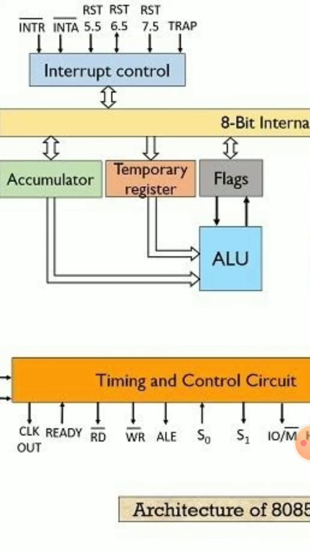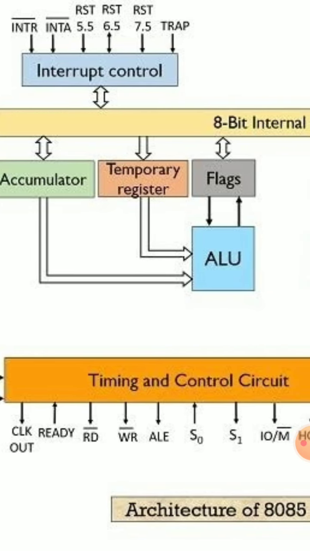What is this ALE signal? Address latch enable. So what is it mainly used for? Demultiplexing, the separation of the address and data bus. AD0 to AD7 are the input pins, in which both address and data bus are multiplexed. So it is separated by using this ALE signal. If ALE is equal to 0, those lines will act as data bus. If ALE is equal to 1, those lines will act as address bus. So that is the main purpose of the ALE signal.